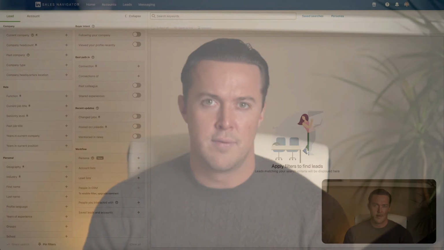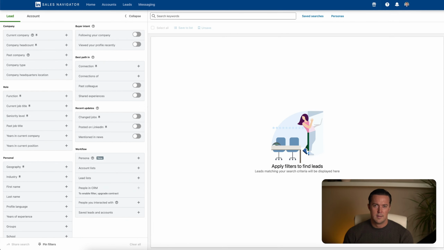Sales Navigator is one of the best tools out there for finding high quality leads, but most people use it the hard way. They spend hours applying filters, manually copying profiles into spreadsheets, and then, worst of all, hunting down emails one by one. It is slow, frustrating, and by the time you're done, the best leads are already working